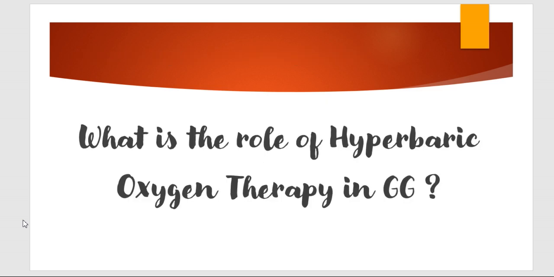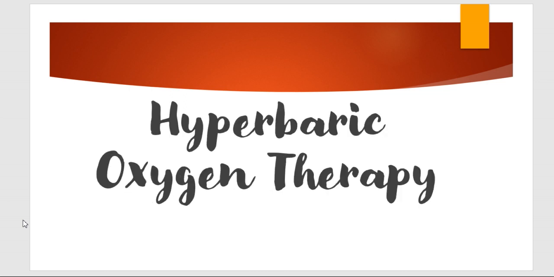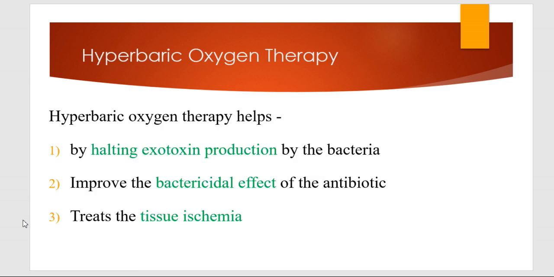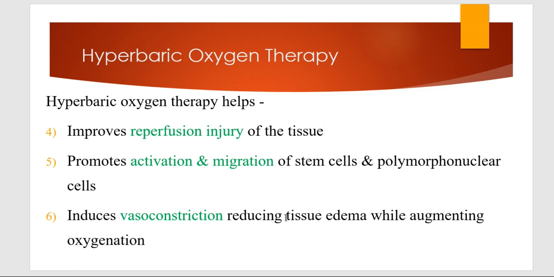Now finally, the last question in this third layout: what is the role of hyperbaric oxygen therapy in gas gangrene? Hyperbaric oxygen therapy is going to help the patient in various ways. For example, it halts the exotoxin production by the bacteria. It improves the bactericidal effect of the antibiotic. Due to high tension of oxygen, it treats tissue ischemia. It improves reperfusion injury of the tissue, and high oxygen tension promotes the activation and migration of stem cells